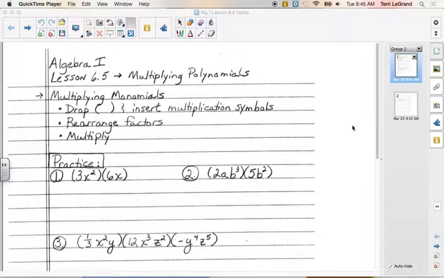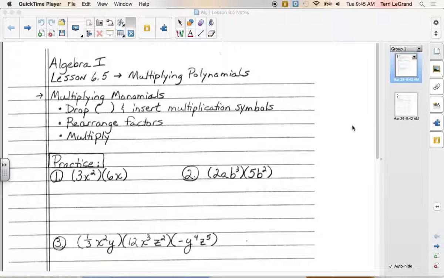6.5 today, multiplying polynomials. We're going to multiply monomials times other polynomials, not considered monomials. And then we're also going to multiply binomials times each other. Okay, so when we're multiplying monomials, in the first ones I see here that we do practice, we do multiply